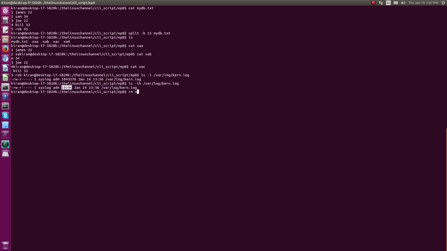Let me remove the files which I created before. I can cat this log file and use split, or I can directly do split -l 1000, meaning 1000 lines per chunk, and choose this log file.